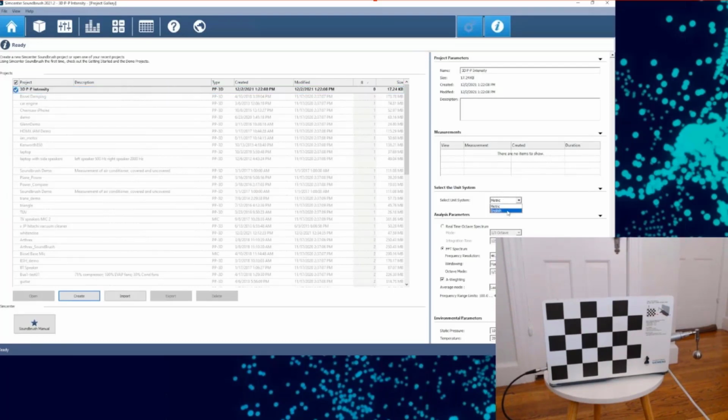I set my unit system. In this case, the dimensions of my object are known in inches, so I'm going to work in the English system. I'll call this white noise. Got a little noise maker from my daughter's room that we're going to do some very important testing on today. And then I can pick whether I want to test in the 1/3 octave spectrum or in the narrowband spectrum. In this case, I'm going to select narrowband just because narrowband actually gets me both narrowband and 1/3 octave.